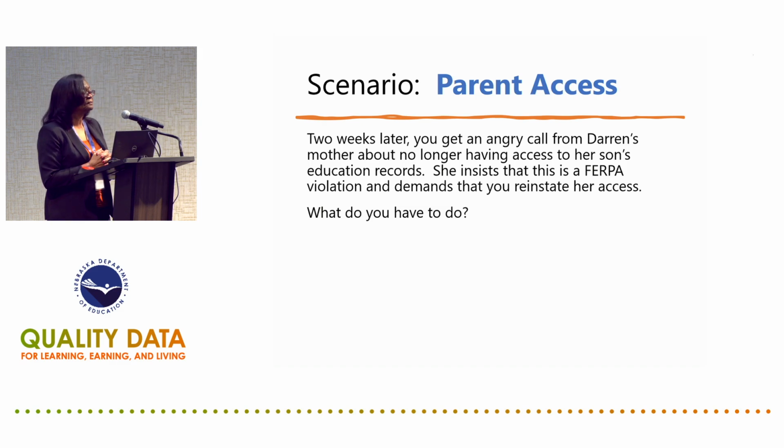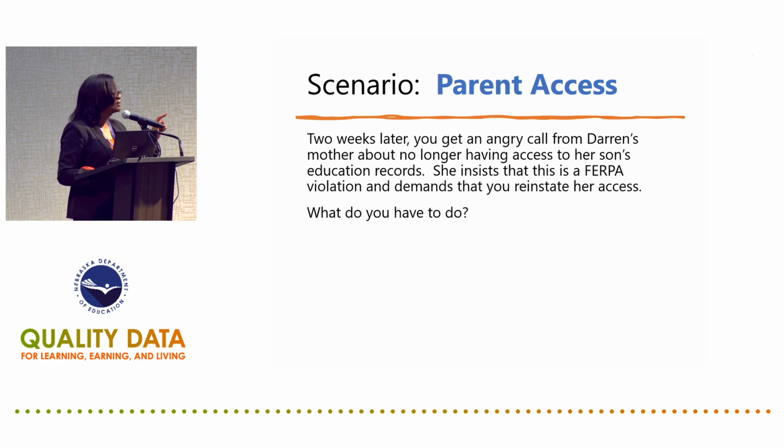Sure. So even though he is 18, and what if the mom is still claiming him on her taxes, she still doesn't have a right if he says no? Schools are permitted to share information with a parent. They are not compelled. Because the student is 18, they have the right. The student can decide even if mom has him on the tax. Yes. And what if there was no divorce? Everybody's kosher in that family. If the student is 18 and decides he doesn't want his parents to access his records, he can still do that. Yes. Because at 18, all the rights go to the student.